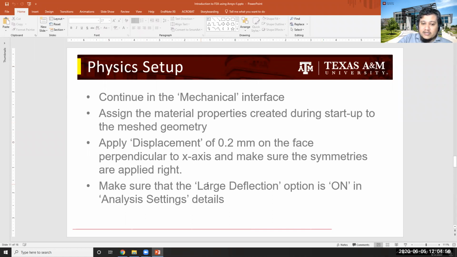And there is a new thing which we didn't take care of last time, but we'll need to make sure that the large deflection option is on. Whether it makes a difference or not, the only thing which I will add about this option is that whenever you are tackling large plastic deformations, in any FE analysis, you need to make use of this large deflection option, because